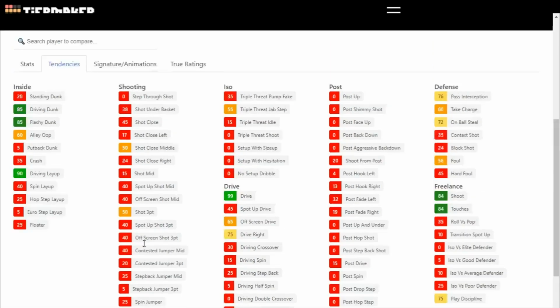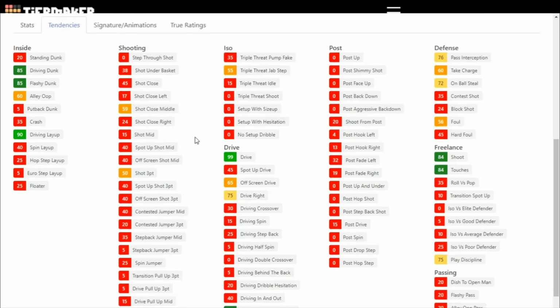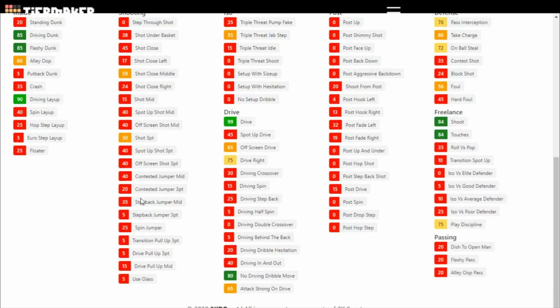I misspoke on that, but basically these types of tendencies are just here so that as they release better and better cards, you can look and they just have like 99 step back jumper mid and stuff like that. But I will say the step back jumper and the step back jumper 3, they do make a little bit of a difference because it just depends what animation is going to be used and how well they're going to be able to do it. So like he has a 5 step back jumper 3, so you would think in theory that would mean that he can't shoot step back jumper threes. That's not really what it means. It just means that the animation he uses doesn't trigger as often. So like his certain leaner or step back won't trigger as much as some other ones.